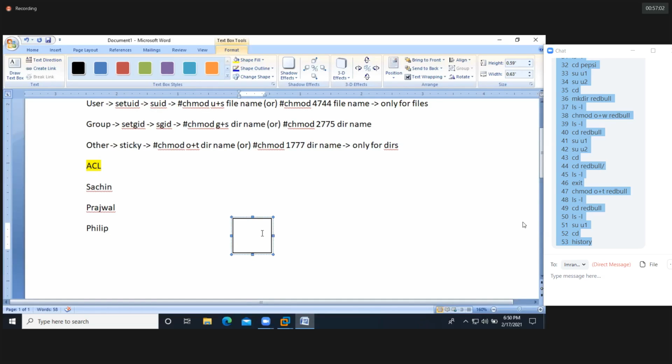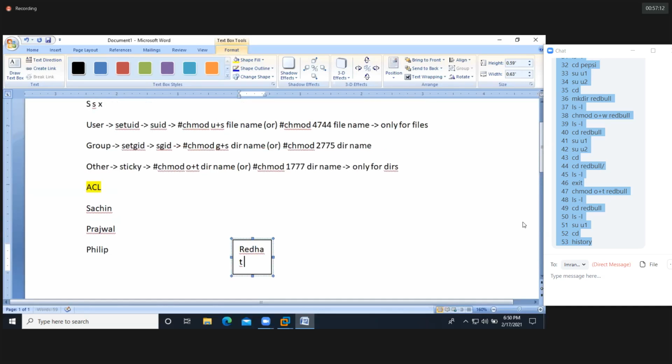So I'm providing the directory name Red Hat. Red Hat is a directory name. It will be created by whom? Root user. Oppo, Vivo, whatever you want.